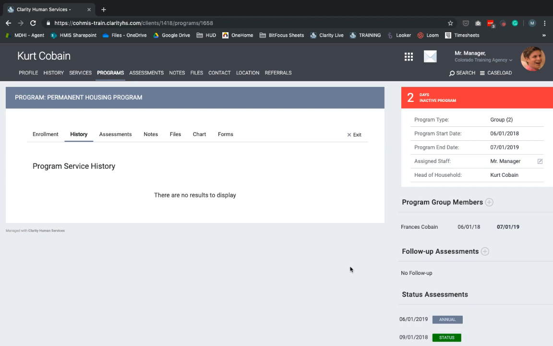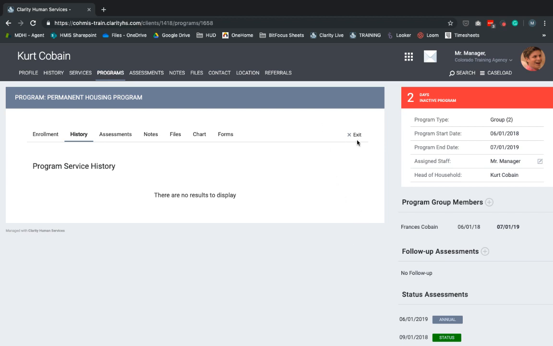I can fix those things without having to undo the exit or contact the help desk to have this undone for me. The only thing that you can't do with program enrollments after you've exited a client is continue providing services, if your program tracks services in the system that they provide to clients.